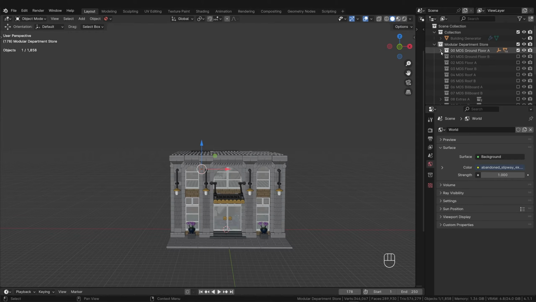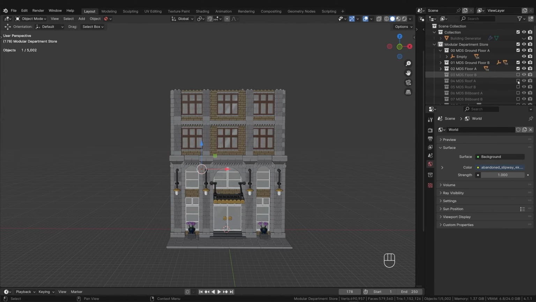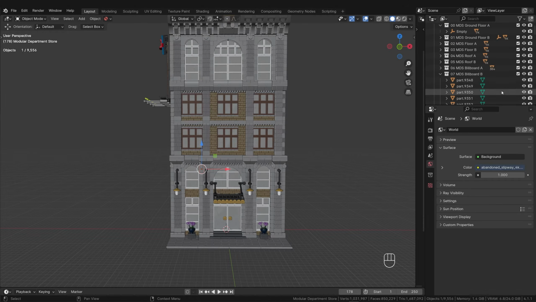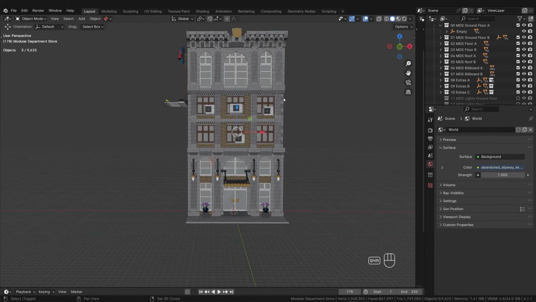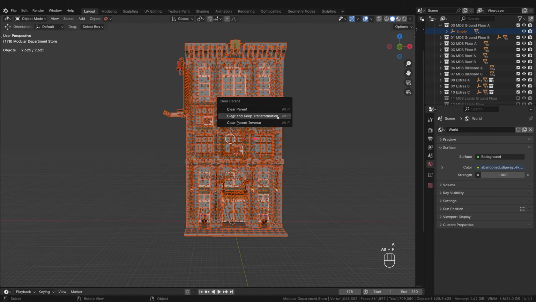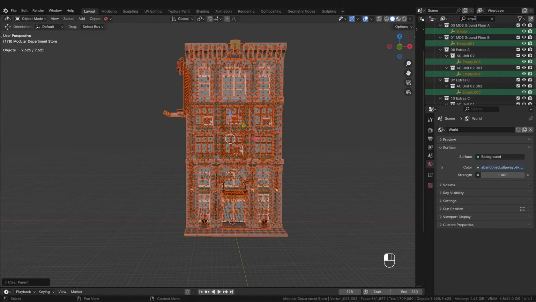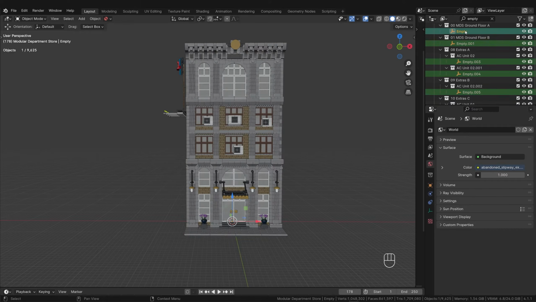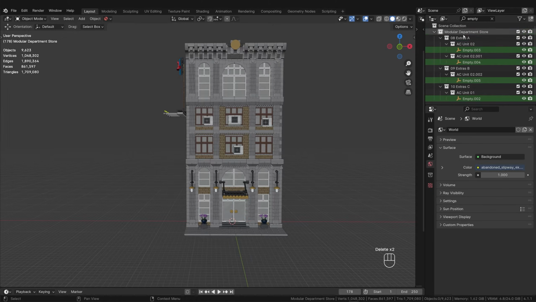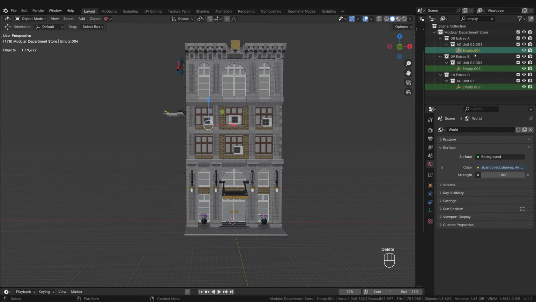Unfortunately, the empties get in our way a bit. We can't just delete them directly because then the rotations and positioning that we have already done will be reset. The easiest way is to briefly activate all the layers, then move the mouse to this window and press A. Now that everything is selected, press Alt P and select Clear and Keep Transformation. This means that all objects lose their connections to the empties and still remain in their current location. Now we can search for empty up here and delete all the empties that are in the building collection. Be careful not to accidentally delete the empties from the backup collection if you haven't disabled it. If you have, they won't appear in the search results anyway.